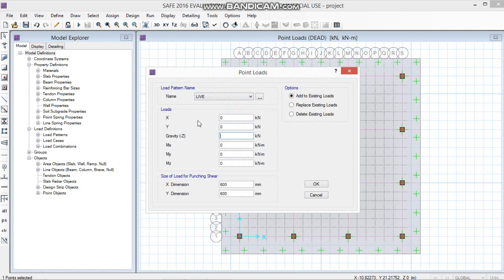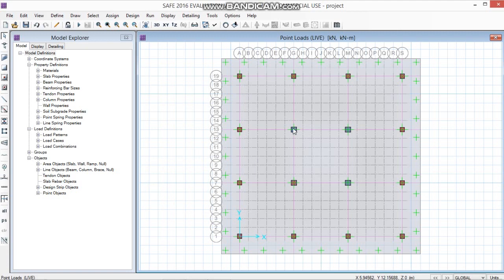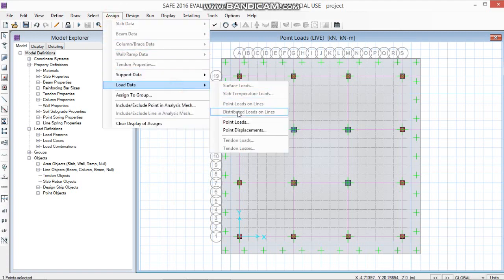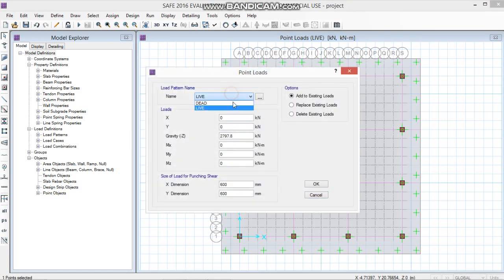The value of live load for this column is 2797.8. Click on OK. Go for the next column. The value of dead load for this column is 4977.2 kilonewton. Click on OK.